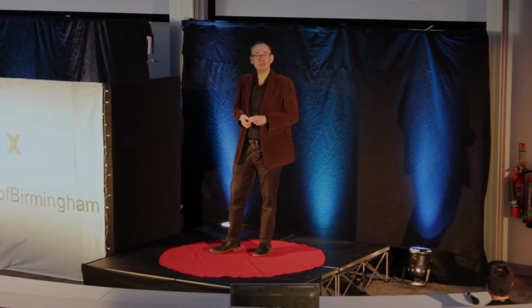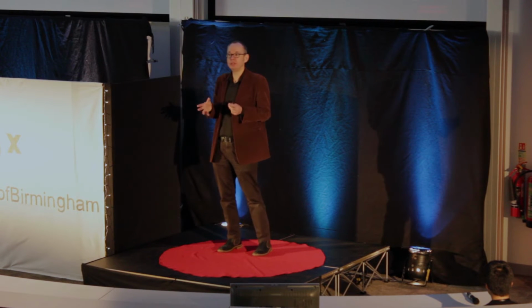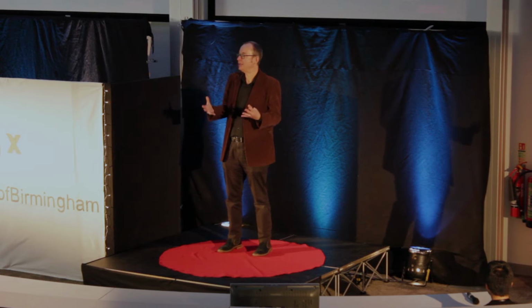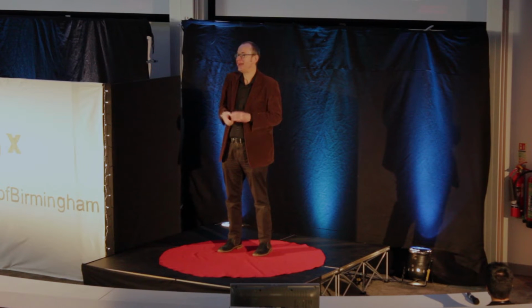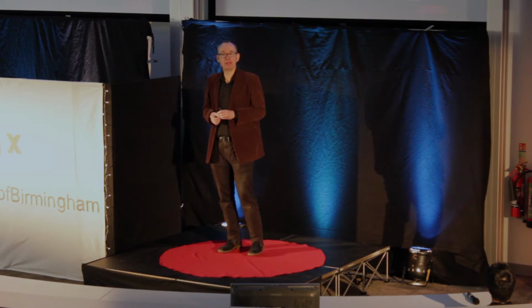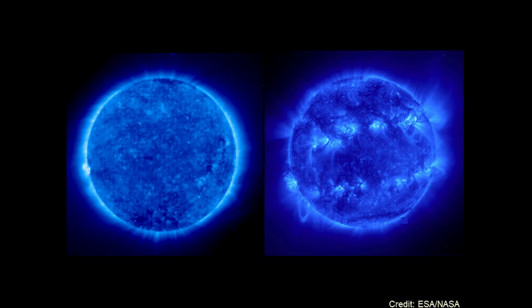This image here is a false color image showing emission produced by hot gas in the atmosphere of the sun that's been energized by this activity of magnetic fields. On the left, we've got an image of the sun when it's quite quiescent, at a low point in its solar activity cycle. The cycle lasts 11 years, so 5.5 years later, we see something like the image on the right-hand side, when the sun is much more active.